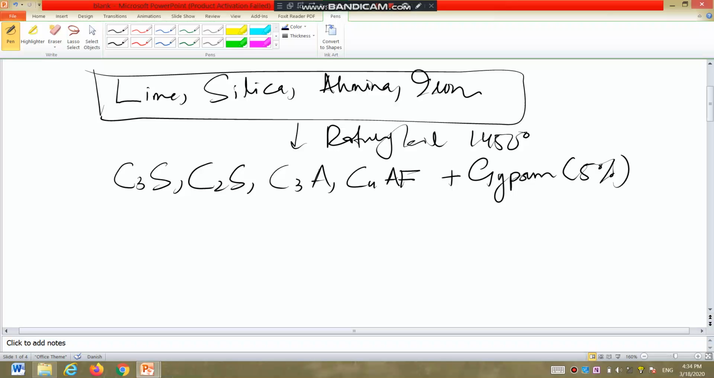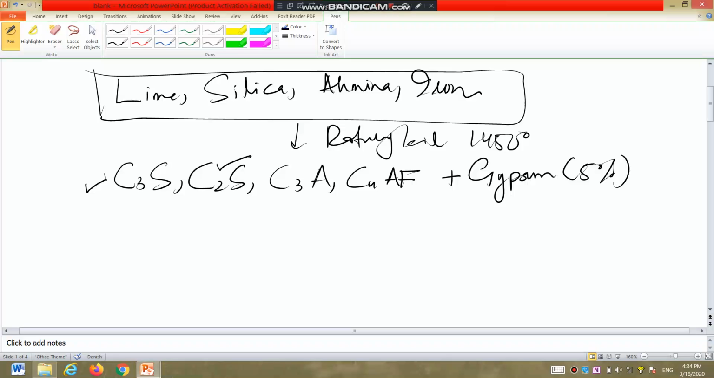Tricalcium silicate is responsible for the early strength of cement. Dicalcium silicate is responsible for the later strength of cement that starts after 7 days. The presence of tricalcium aluminate is undesirable in concrete because